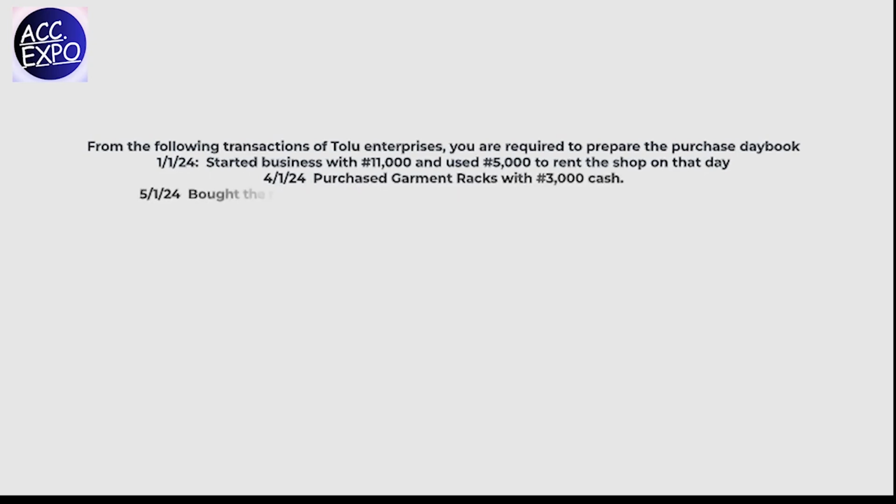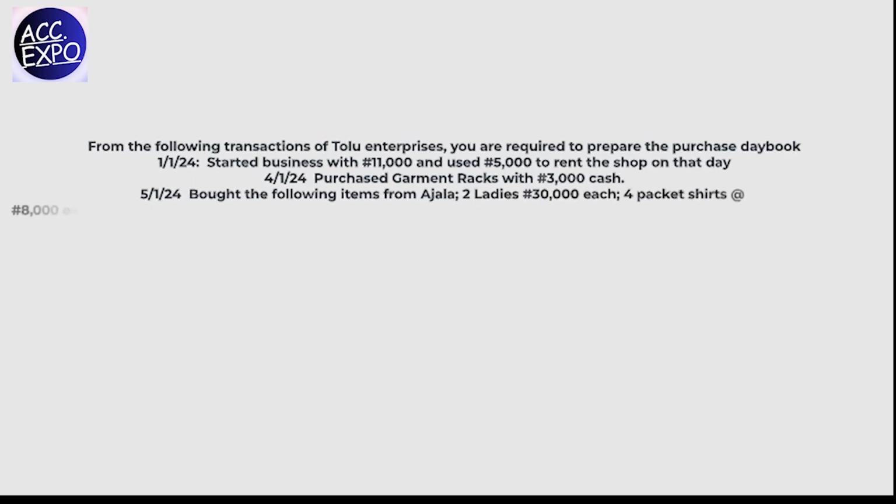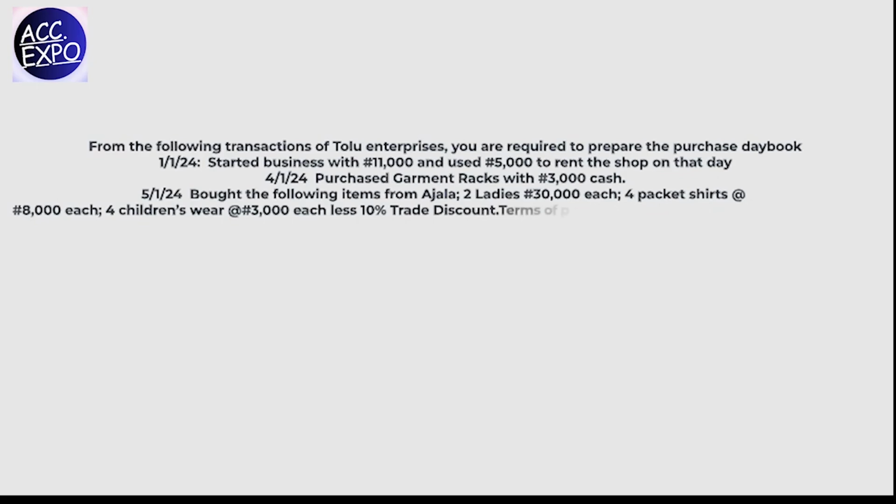Now, 5th of January, he bought the following items from Ajala on credit basis. 2 ladies wear at 30,000 naira each. We have 4 packet shirts at 8,000 naira, followed by 4 children's wear at 3,000 naira each. In the question we have, these purchases attracted a trade discount of 10%. Now for the invoice number